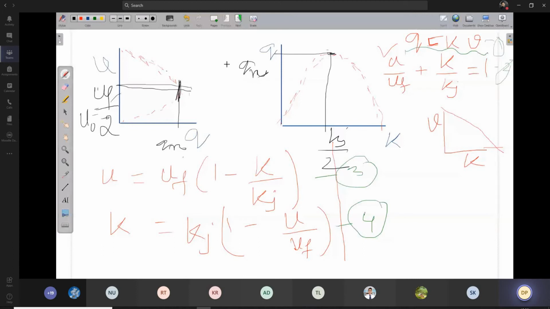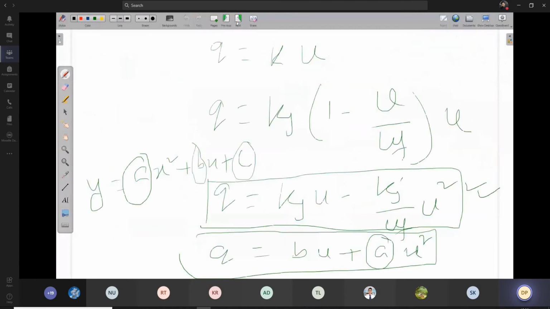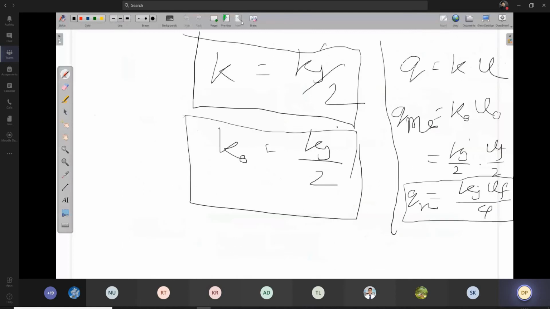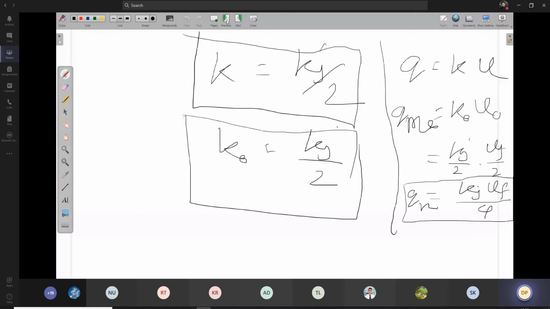So this is a little bit about the Greenshields model. Now other people have also observed this relationship, and they observed that these relationships are not linear, so they proposed models which are a little bit different from the first model. Some people proposed that the u-k relationship could be a logarithmic model. Someone said it is an exponential model. Then there are other models called the generalized polynomial model and the multi-region model. So there are many relationships.